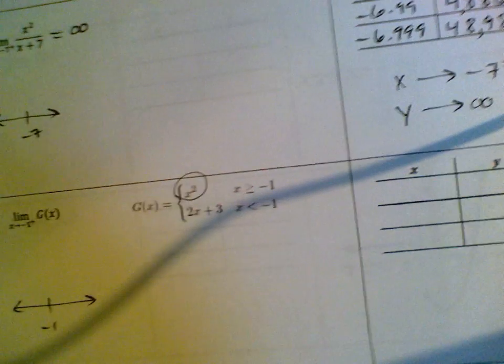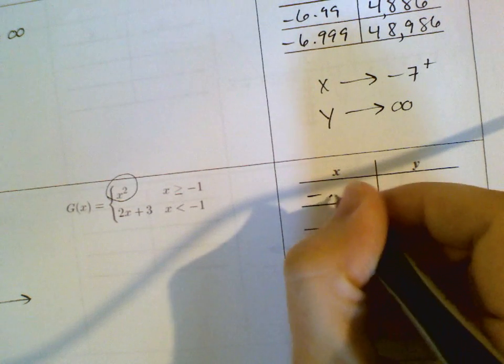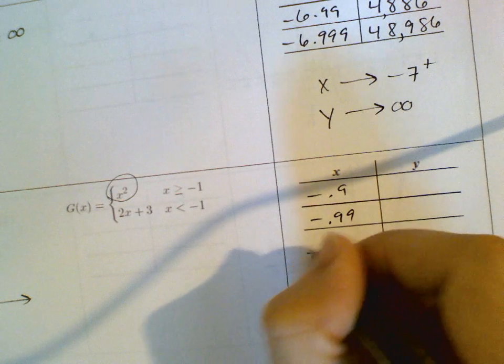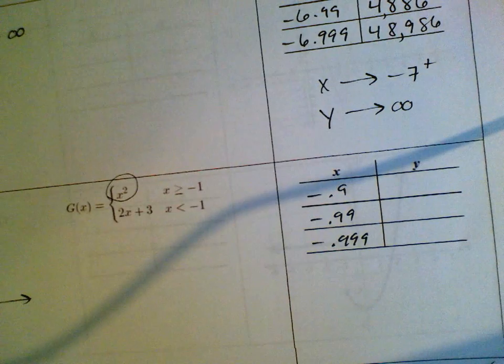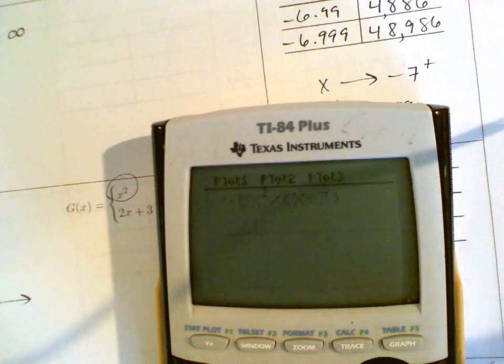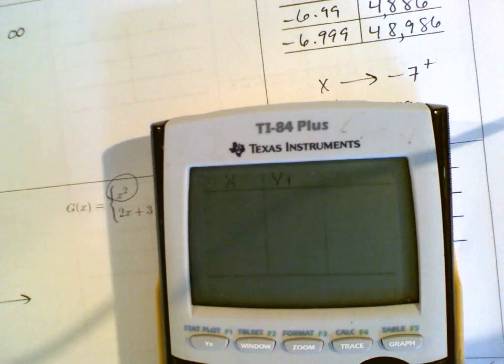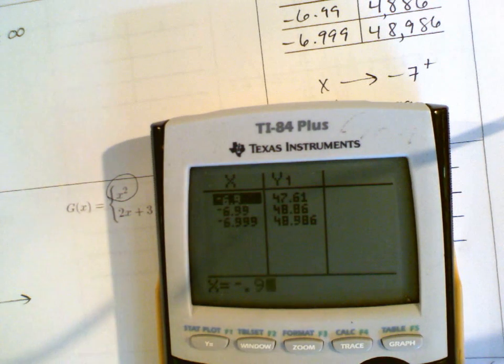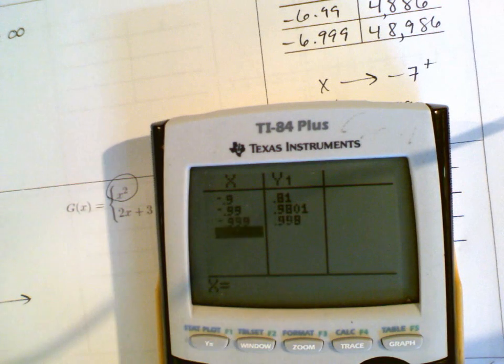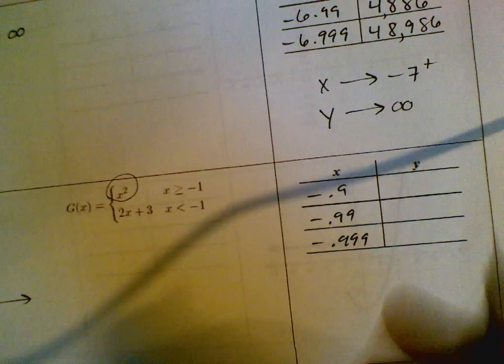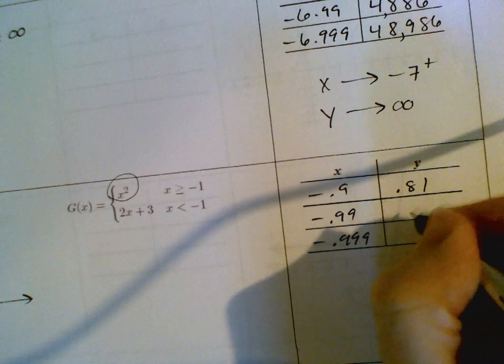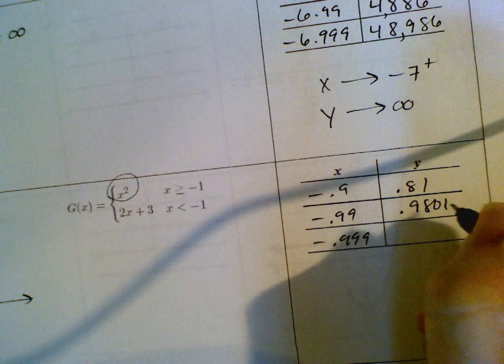So a number very close to -1 but to the right is -0.9. Now I'll get closer, -0.99, -0.999. Now on my calculator, y equals, clear that, x squared, go to my table, -0.9, -0.99, -0.999. All right, now I'll record those. 0.81, 0.9801,